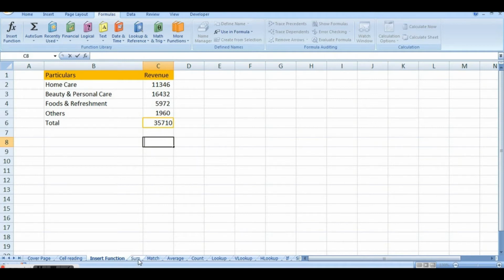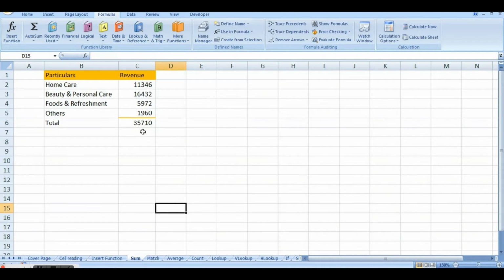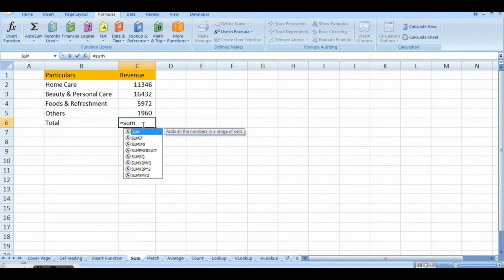Now let us start with some basic functions of Excel. Now if you have certain data and if you want to make a sum of it, as I said, we can start with pressing equal to and then typing the name of the formula that we want to use. Click on that. It says number 1, number 2 and so on. Means whatever numbers you want to make sum of should be added here.